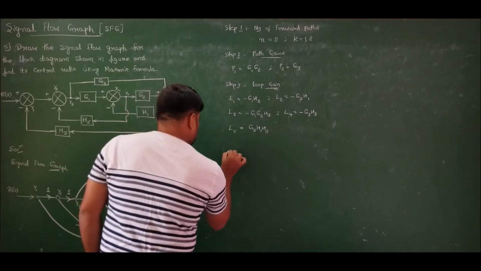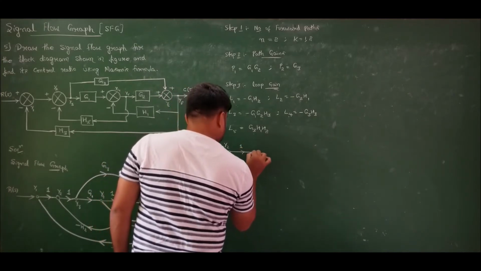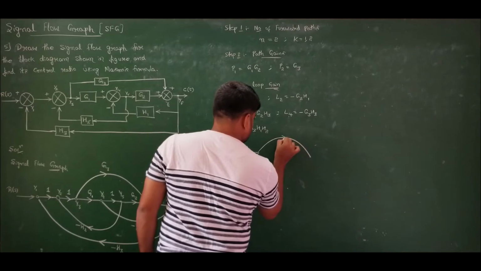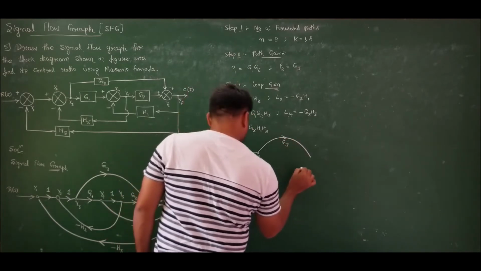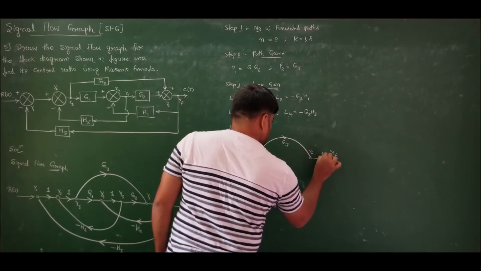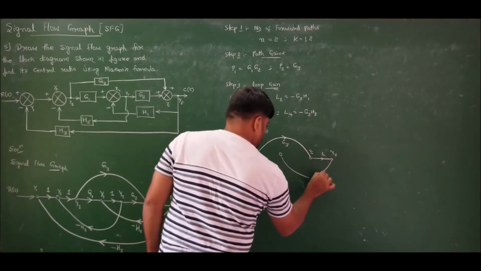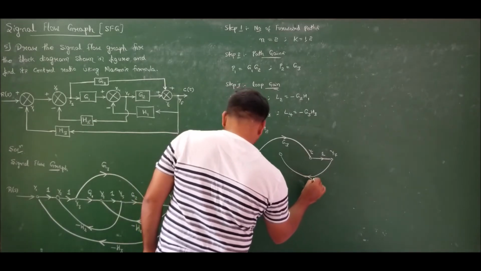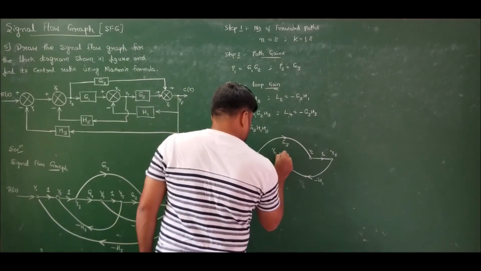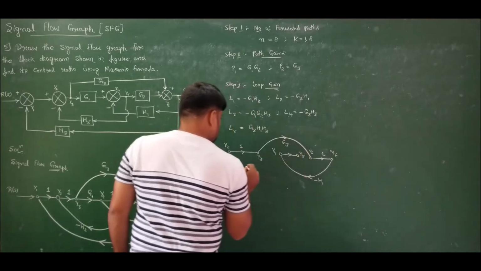What I mean to say is that I'll move from node y2, we have unity branch gain, then I'll go to node y3, take path g3, reach node y6, reach node y7, and then come back to node y4 through the feedback, minus h1, and then move to node y5 to y2,